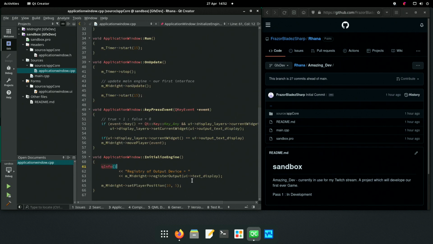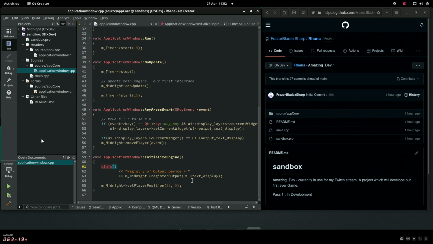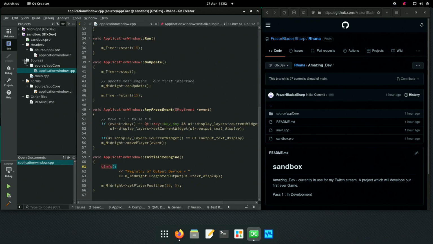So how do we render? Maybe we'll have to look at the rendering after all. Okay.